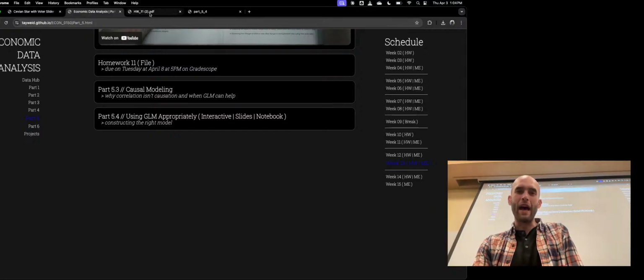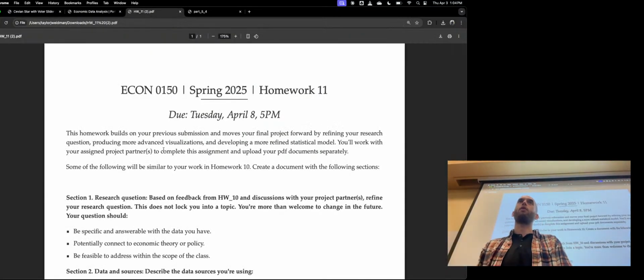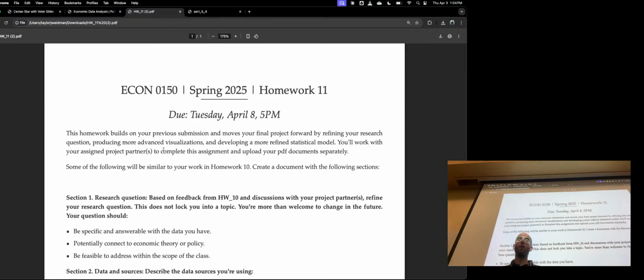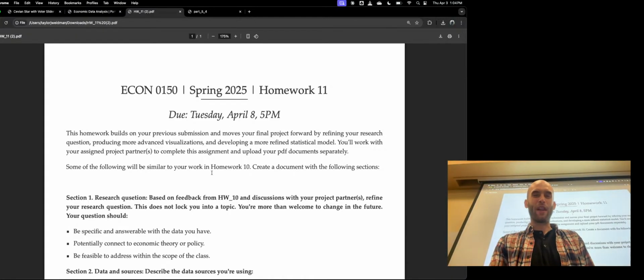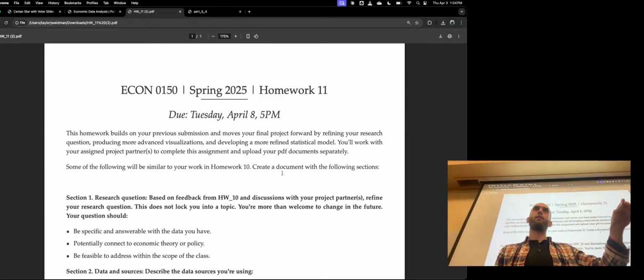But before we do that, I wanted to just talk through homework 11. This is going to, again, look different than the previous homework. What I'm asking from you for homework 11 is a single document. You're going to start the framework for your final project. Remember, this is going to be very short. I'm not looking for a very long paper. I just need certain components. It doesn't have to be lengthy. In fact, it should be very short.